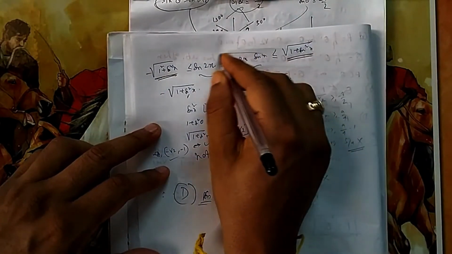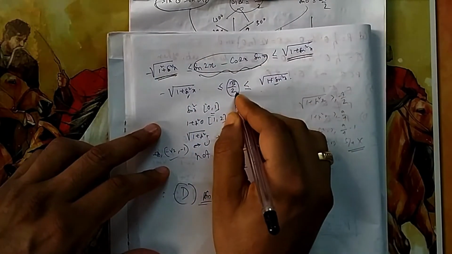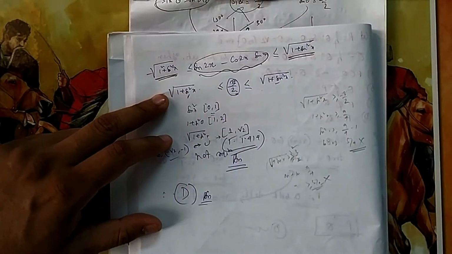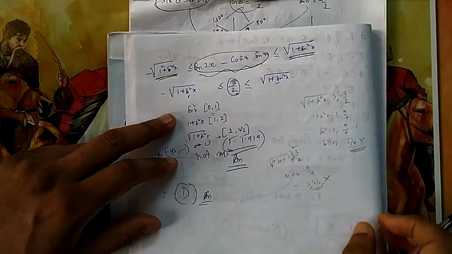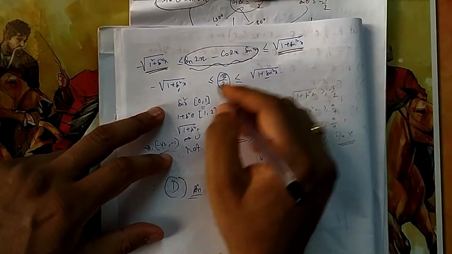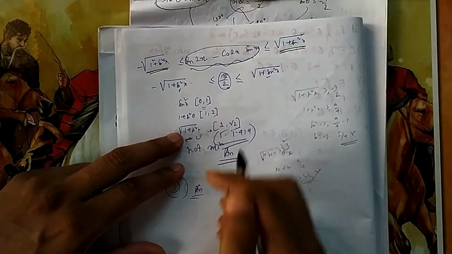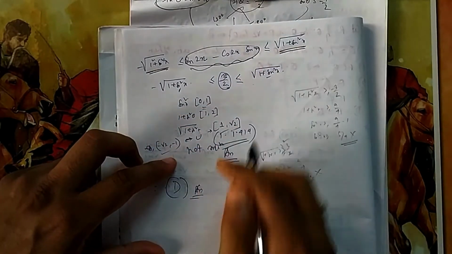So what is this one? This one is 3 by 2, they have given. So my 3 by 2 should lie between these two. Let me check whether I can find any sign for which it lies between these. You can try with any one of these. Here I have solved it in this way. Or you can think and directly write it also.